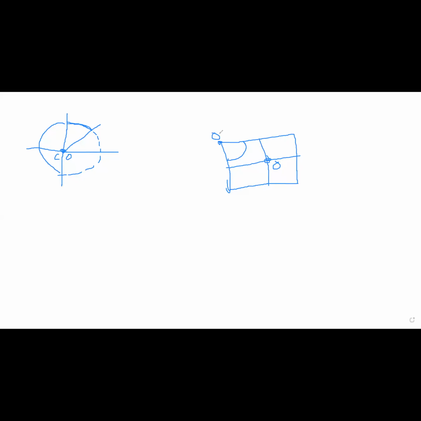So let me start writing the code for it. I will not write the preprocessor directives now: hash include stdio, hash include conio, hash include graphics, hash include math. You have to add all those 4 things by default here. So I will be starting with void main directly. Now what you have to do in void main?